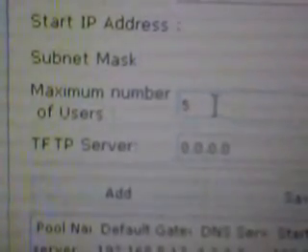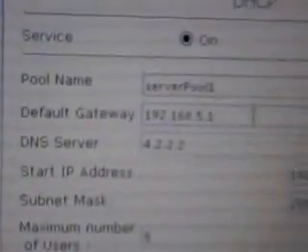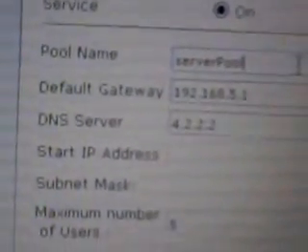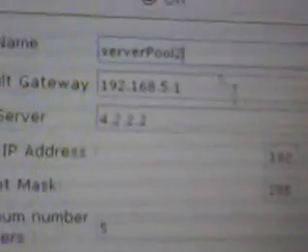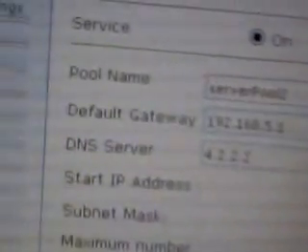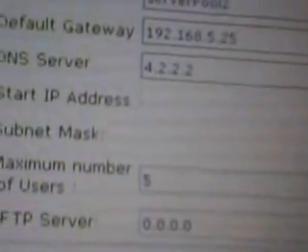Here you can change the number of users, it's the user's wish. It's changeable, so don't bother about that. Just press add. The same thing you should do for LAN 3. The default gateway is 25, and my starting usable address is 26. That's all. Then press add. The configuration for the server is finished.